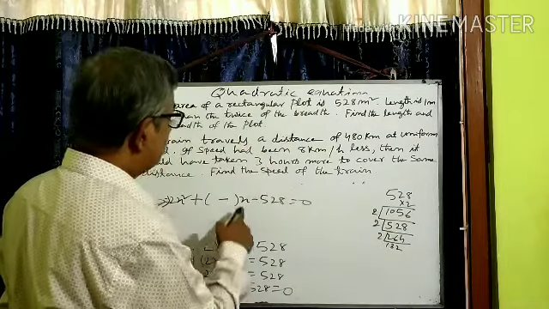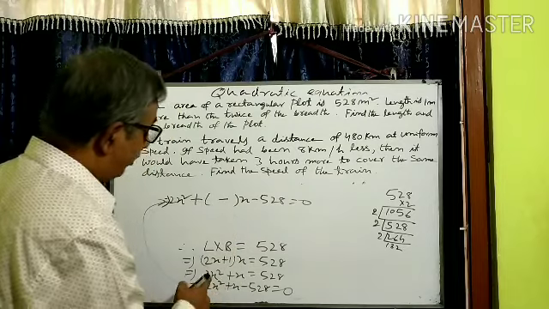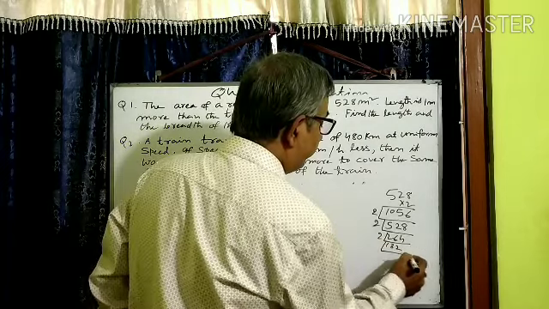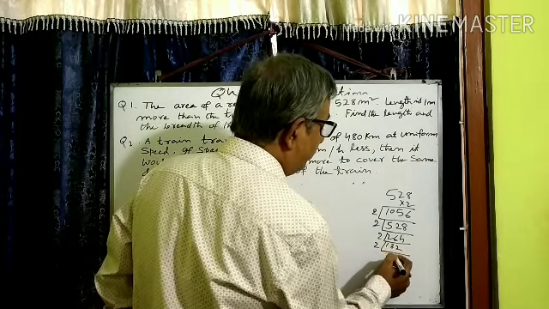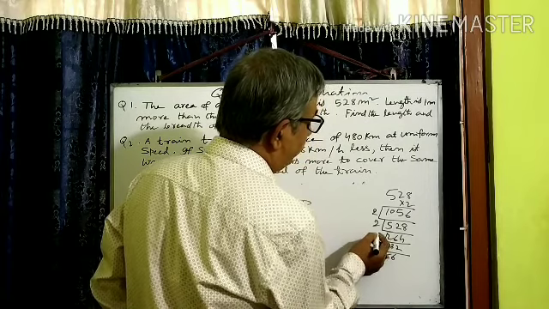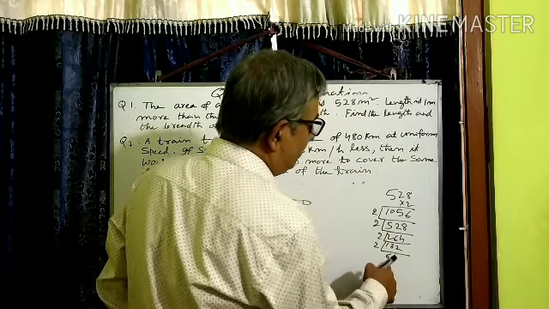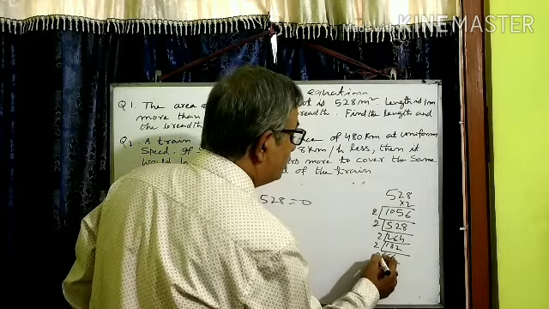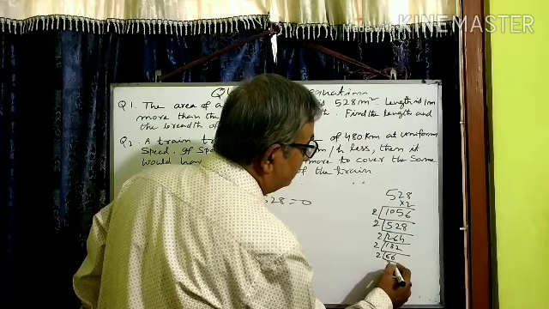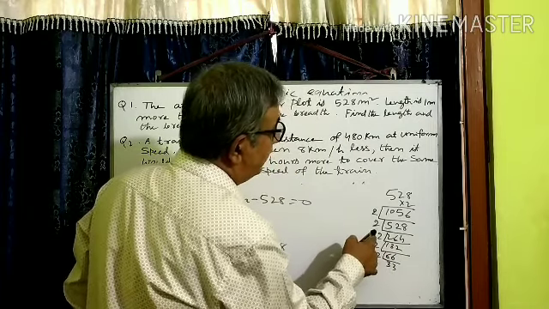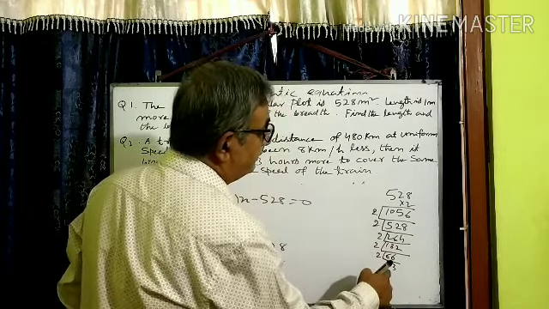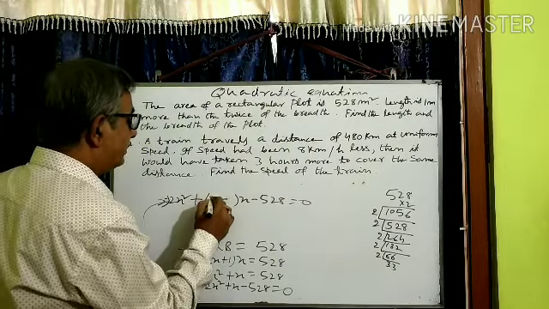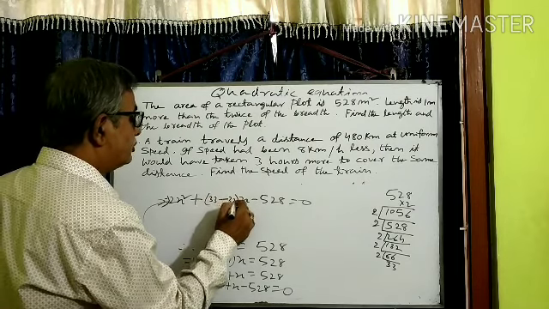We are supposed to get only 1 here, because the coefficient of x is nothing, which means 1. Now 2 sixes are 12. Now you see, 2 twos are 4, 2 fours are 8, 2 eights are 16. Even if you subtract 16 from 66, you are not getting 1. Proceed further. Here you see 3 and 3. 2 twos are 4, 2 fours are 8, 2 eights are 16, 2 sixteens are 32. 33 minus 32, you are getting 1. So here 33 minus 32.